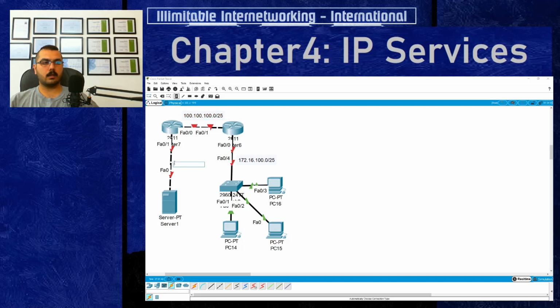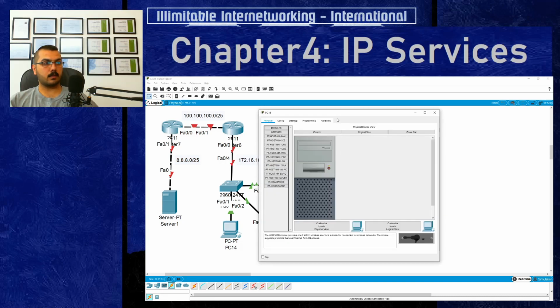And finally, for this one it will be 8.8.8.0, and we will make it slash 30. No, we have 4 8s, then we will increase, we'll make it also /25 for all the network to use in here. Okay, so starting with this first device,